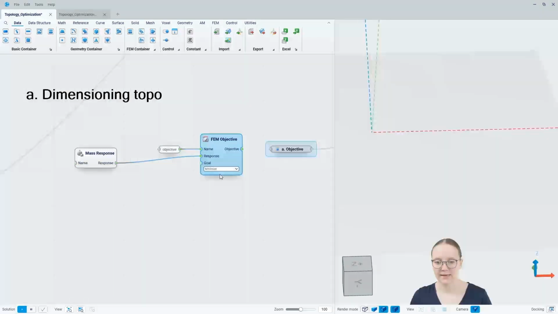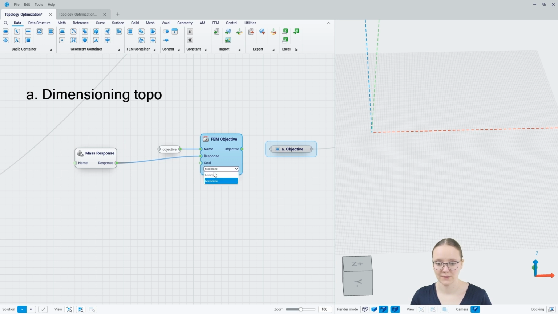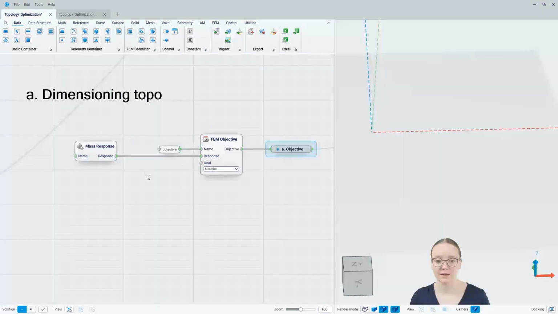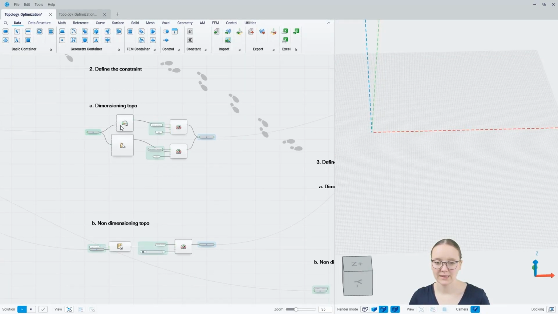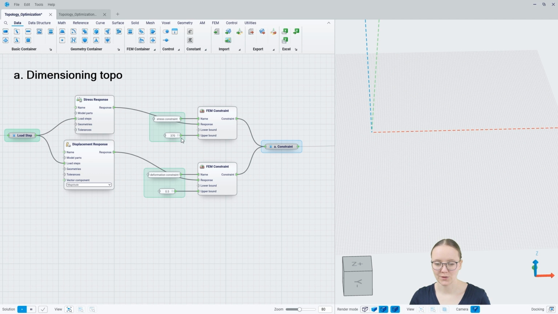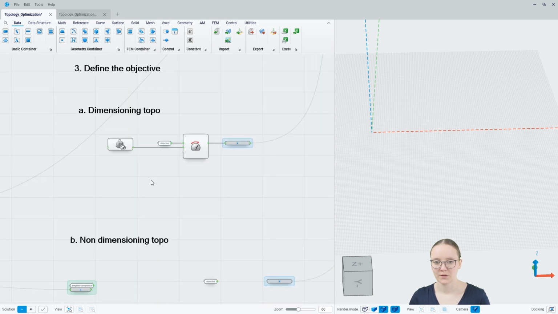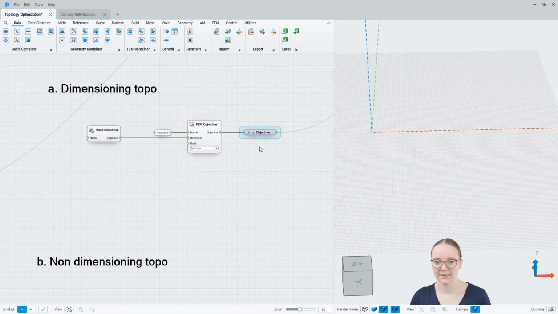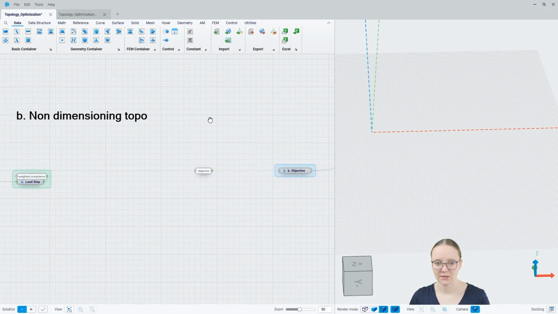And now I can set a goal. So I want to minimize the mass. I could also choose to maximize it. And I can plug it into the output. So yeah, the optimization will try to find a design with the smallest possible mass while not exceeding the values that we set here in the constraint. So this maximum stress and the maximum displacement value. All right. So now that we have defined this objective for the dimensioning topo, let's go down to the second